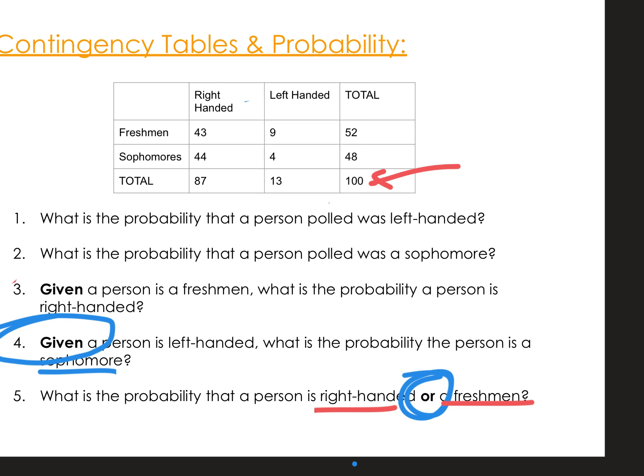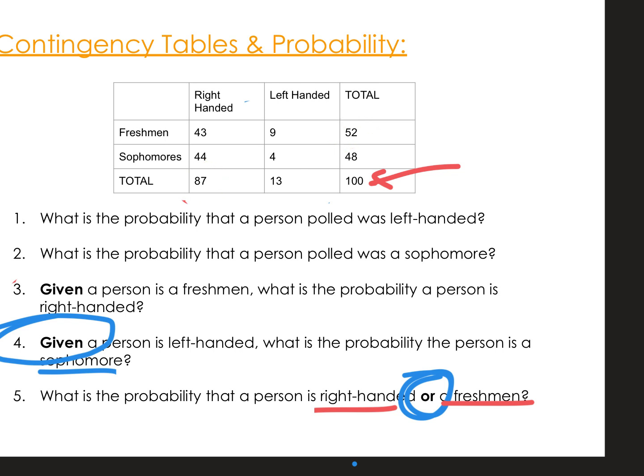All right, so I totally get people go right-handed, freshman, and they go, here's the freshman, and here's the right-handed people. So I add them together, and I get 100-and-something out of 100. Do you see how that doesn't make any sense? You can't do that then. You can't just take the totals of the right-handed and totals of the freshmen. That doesn't make sense. Don't use your totals.